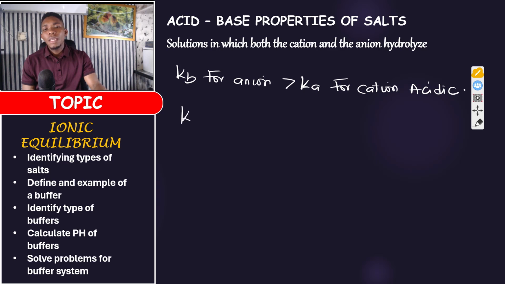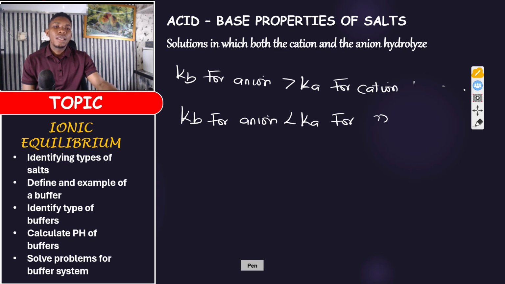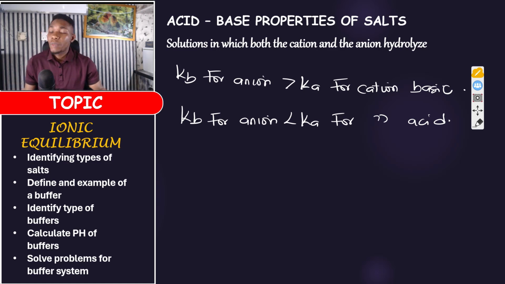Now, however, if Kb for anion is less than Ka for cation, the solution will be acidic, not basic. You can see Kb, that is the base dissociation constant. Now, what does Kb give? What information does Kb give to you? It means that the strength of the base is higher than the strength of the acid. I told you that when the strength of a base is higher than the strength of the acid, what are you expecting? A basic solution. Now how about if the strength of the base